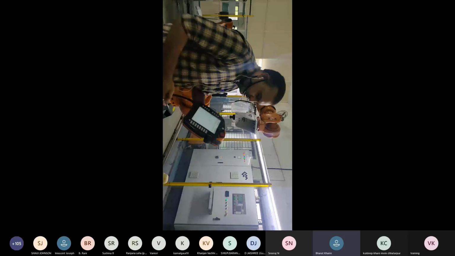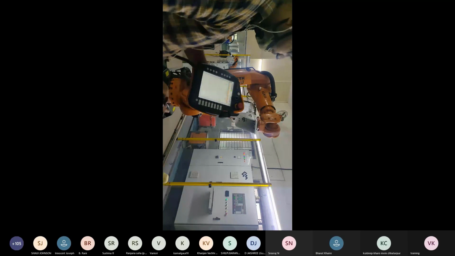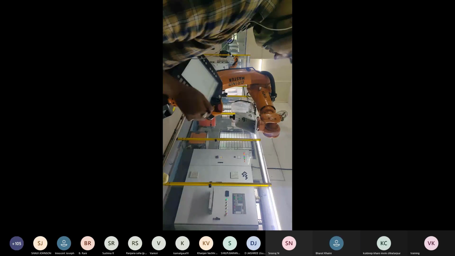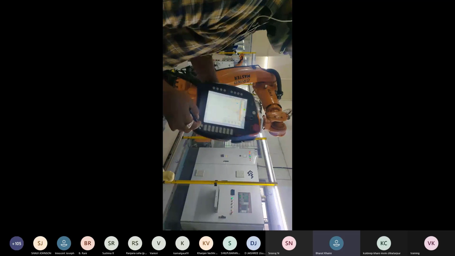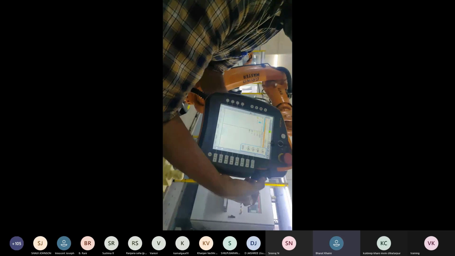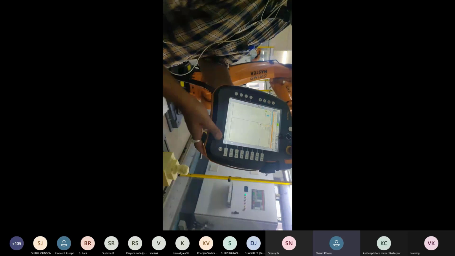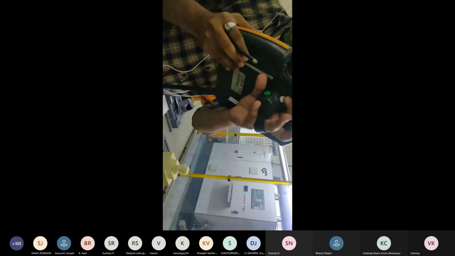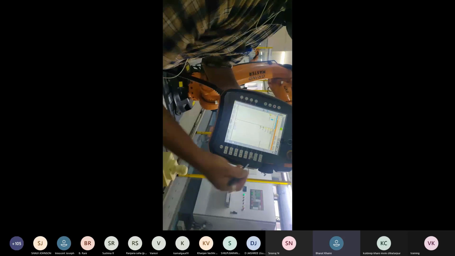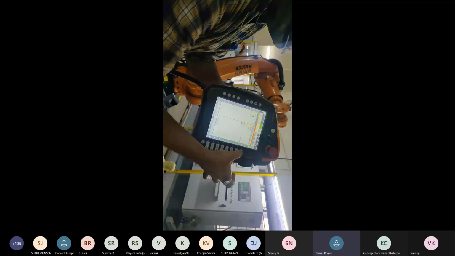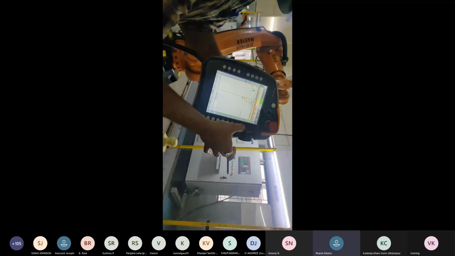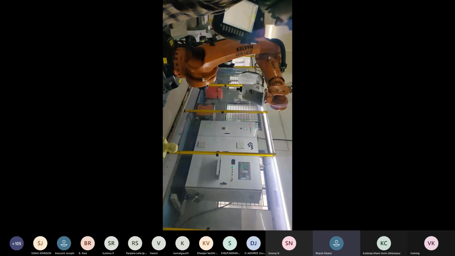There is some restriction given by the mechanical stopper. It will not rotate the 360-degree. Now we are going to jog the robot. I am not using the 6D mouse; I am using the keys. The robot axis is selected. Now I press the enable key. By the enable key, the drive will be on. Now what is A plus and what is A minus? We will see on the robot.